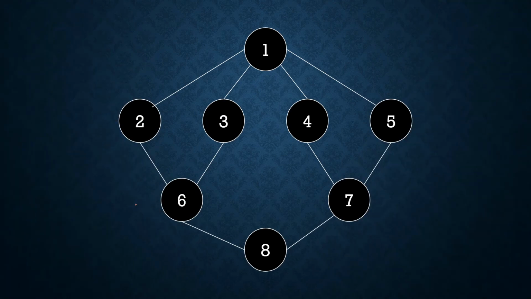This is a representation of a graph. In this, 1 is connected with 2 and 5, 3 is connected with 3 and 4, here 3 is also connected with 6, 2 is connected with 6. This is a representation of